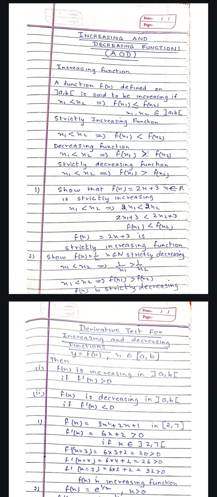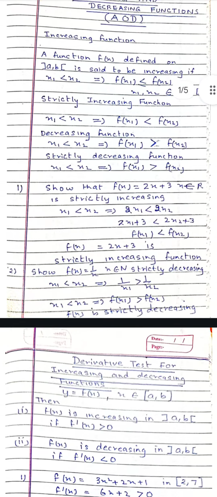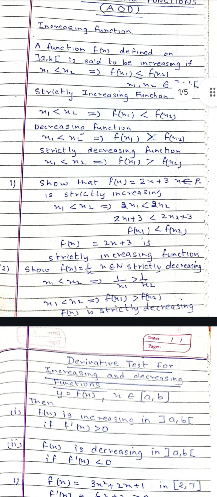Today we are going to start with the second unit, second portion of AOD, application of derivatives: increasing and decreasing functions. Increasing function. A function f(x) defined on the interval (a, b) is said to be increasing if for two values x1 and x2, x1 is less than x2, then f(x1) is less than or equal to f(x2). This is